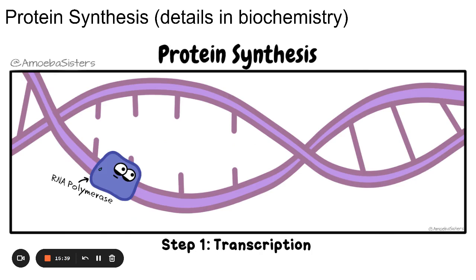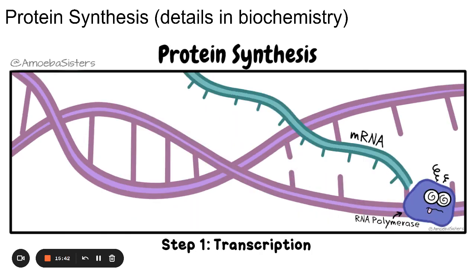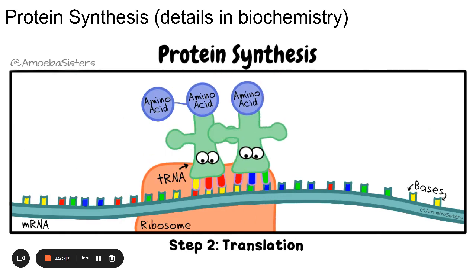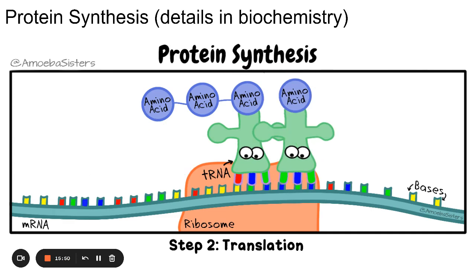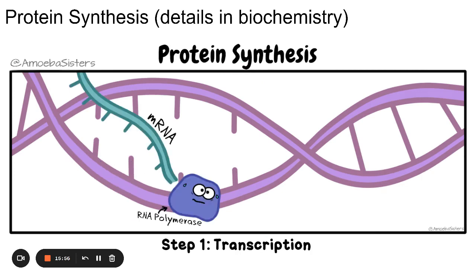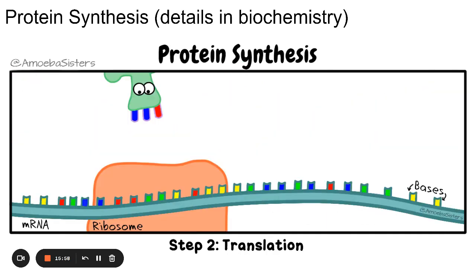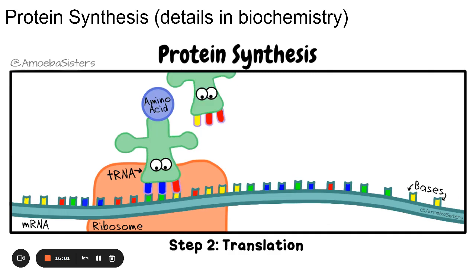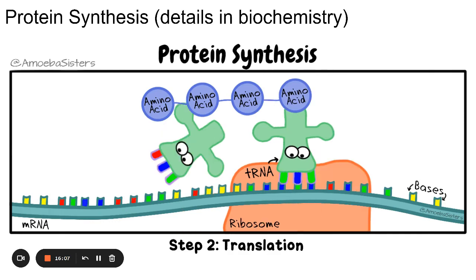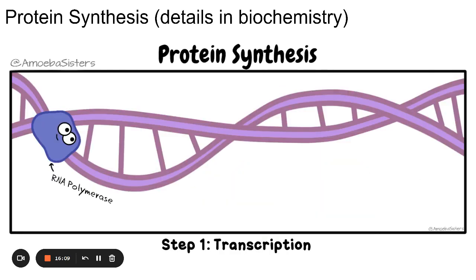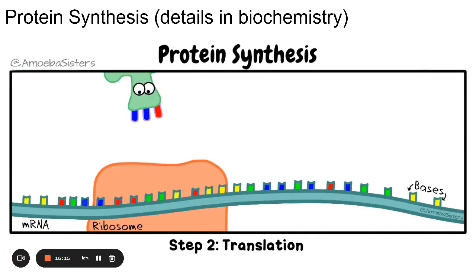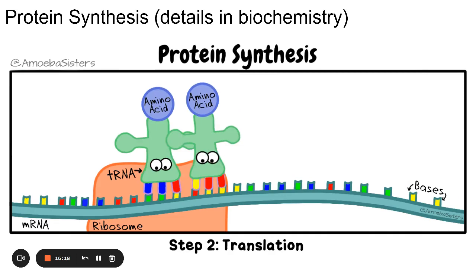Here's another example. So here we have an animation. First, transcription. DNA is copied to messenger RNA. Second step, translation. Transfer RNAs are bringing in different amino acids to get linked together to form a protein. Let's look at it again. First, DNA to messenger RNA. Then messenger RNA goes to the ribosome. Transfer RNAs bring in all of those correct amino acids until the protein is finished. So that's how